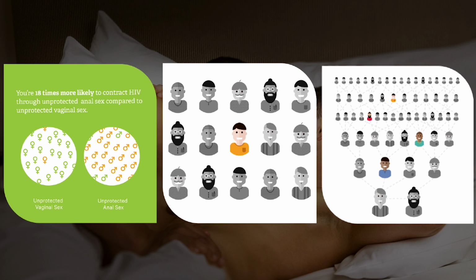And then you add to that sexual networking, which basically is that the pool of gay and bi men is smaller than the pool of heterosexual people. So when people are meeting other people for sex, gay and bisexual men have a much smaller population of people to choose from than their heterosexual peers. So it just means that we're much more closely connected than heterosexuals, and that allows infections like HIV and other STIs to spread much more quickly between us than is the case for heterosexuals. So when you add those three things together, it really explains why gay and bisexual men bear the brunt of